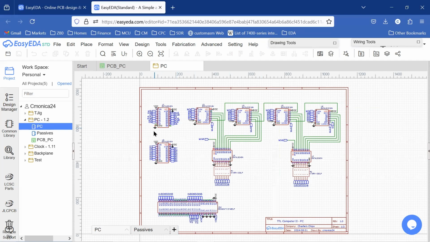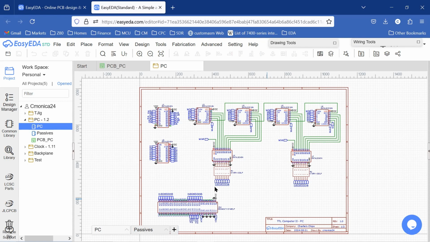So it was just what logically made sense to me. But part of, again, doing the card design is tweaking some of those things, the ordering on some things, to get the trace routing to work in a good way. Okay, so that's